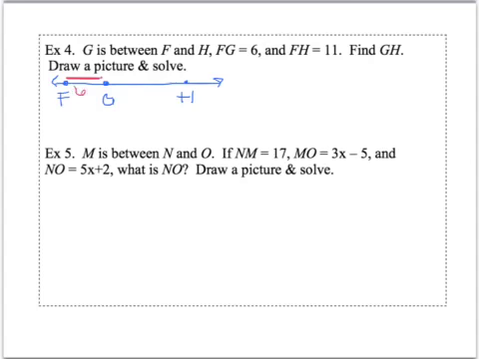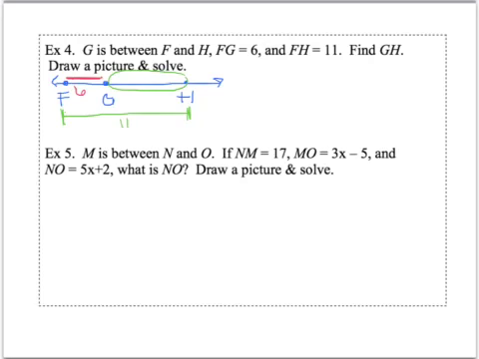And F to H is 11. So FH is the length of my whole segment, and that's 11 units. I want to find the length from G to H. Well, if the whole segment is 11 units long and part of it is 6, then the remaining part has